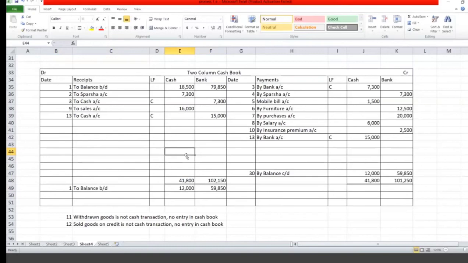When you withdraw from the bank, that time also we will get a contra entry. I think in this question it is not there. So next question we will do on withdrawal from bank. How that contra entry will appear, that we will be solving in the next question. I have decided in total 3 questions we will do in this topic. It will be easier for you. Withdrawn, deposited, and when you received the check one day and deposited some other day. So these are the 3 times we will be receiving contra entries.